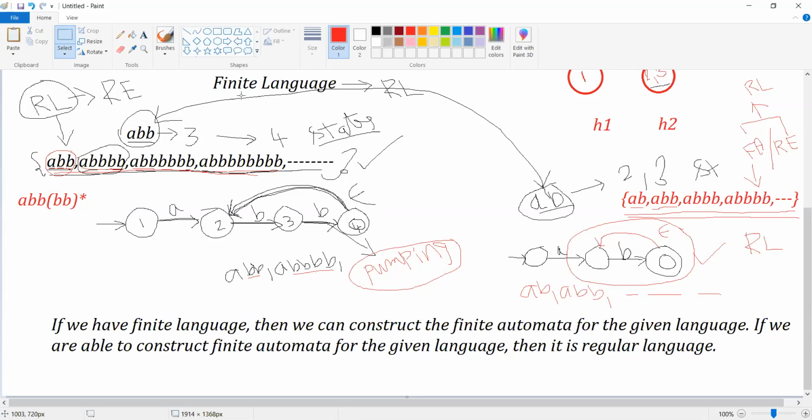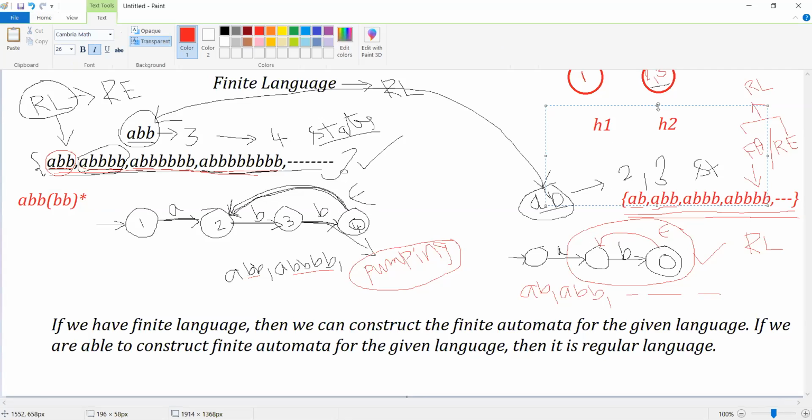In the same manner, if we try to construct the regular expression for this example, what is the least string we have? The least string is AB. Then we have B star, in the sense 0 occurrences, 1 occurrence, 2 occurrences, 3 occurrences, any number of occurrences.